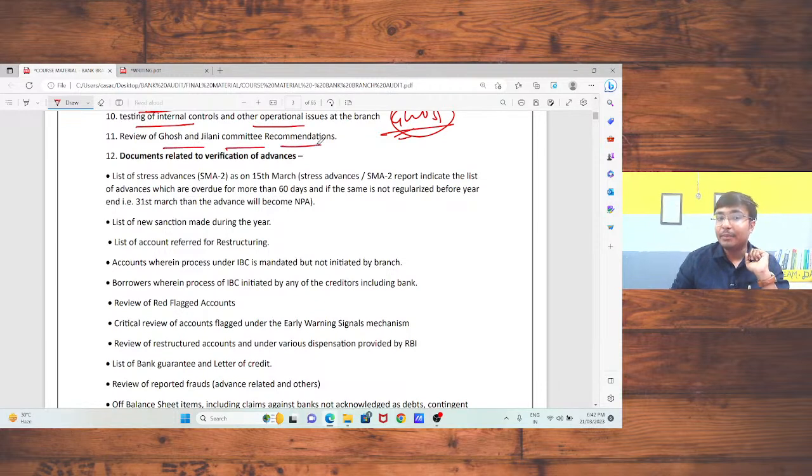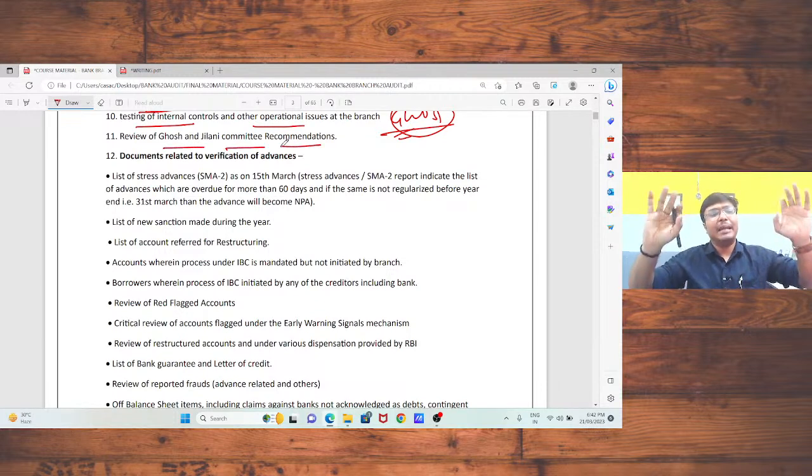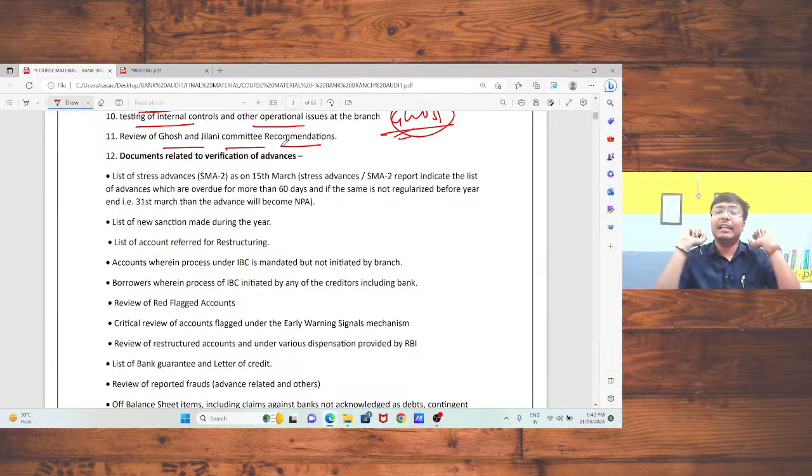Review the Ghosh and Jalan Committee recommendations. Most of the time what happens with the Ghosh and Jalan Committee reports and the LFAR reports is that when we are leaving the bank, at that time we are signing on those reports. No sir, we should take care of it. We should read all those things prior to starting the bank audit, and at the time of doing that audit,